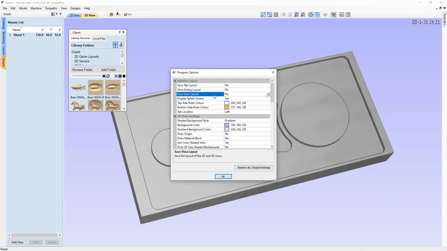So for example, if you had your 2D and 3D view tiled over two monitors, you could actually save that by using the drop down yes option here if you've already separated those two apart. So we'll just OK that, and we're just going to take a look at one last thing here,